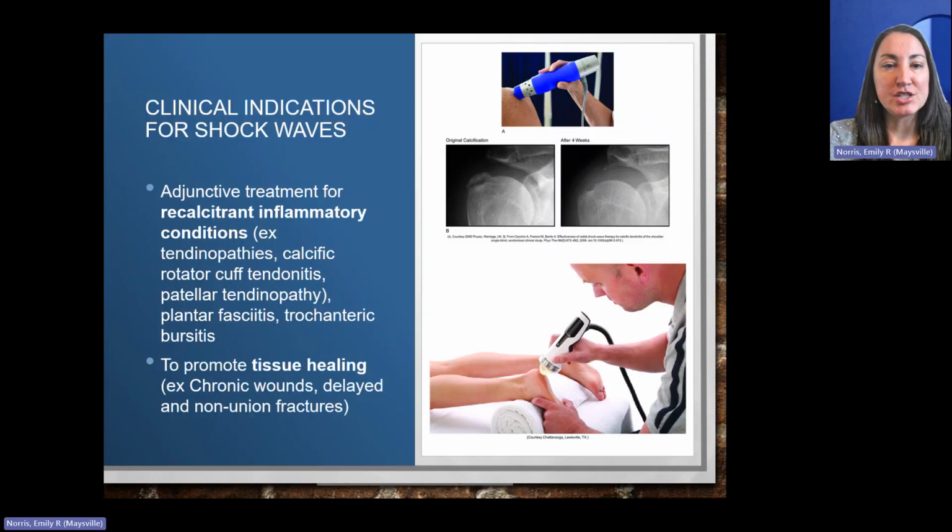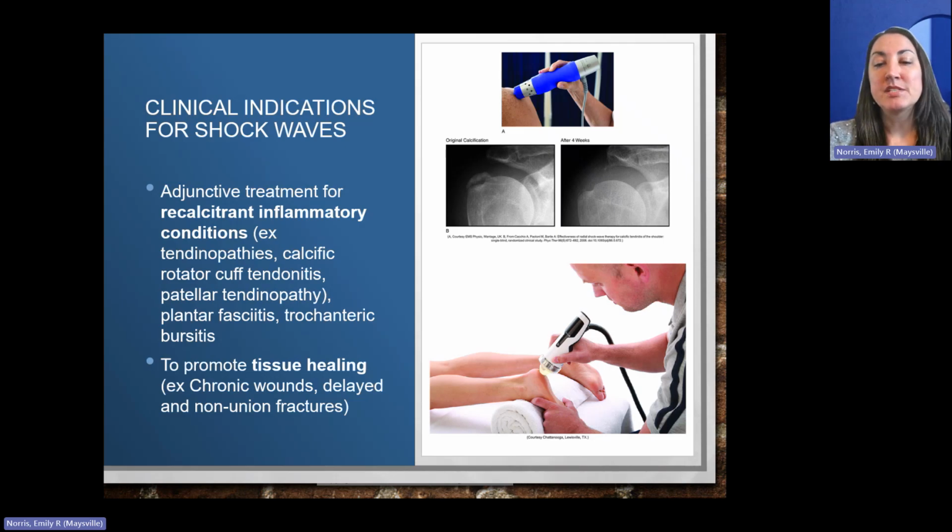All right, clinical indications for shock waves. You can use it as an adjunct treatment for recalcitrant inflammatory conditions. So some of the conditions that would fall under that category are things like tendinopathies, calcifications in any muscle, but rotator cuff is an example. But anytime there is like a bone calcification in a muscle, this would be a good indicator for this type